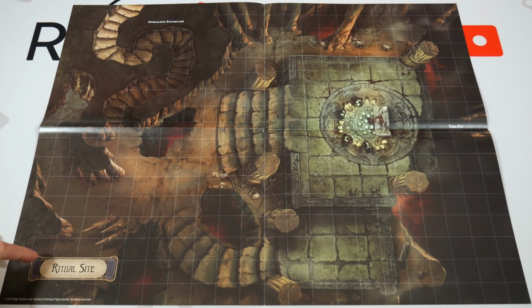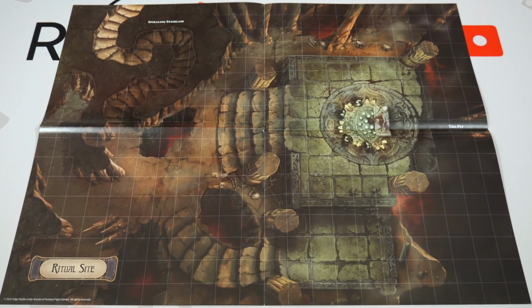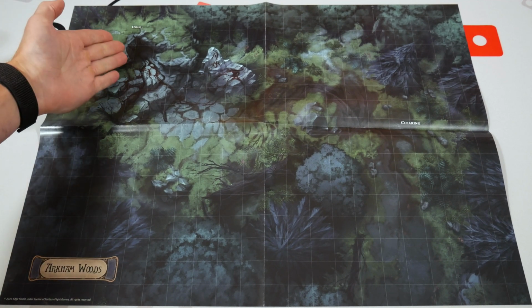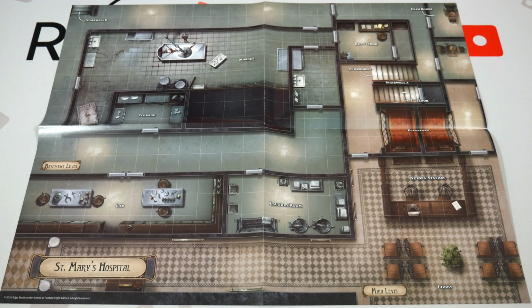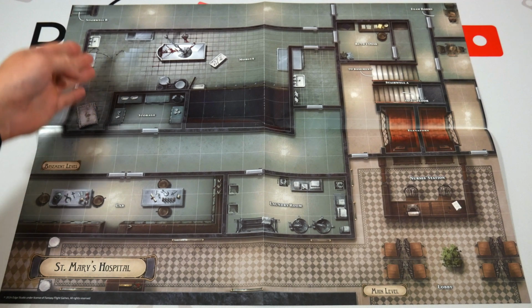On one side, we have the ritual site, has a spiraling staircase along here. We have the pit over here. On the opposite side, we have the Arkham Woods, and we have a hole over here to explore, as well as a clearing. The next double-sided map is the St. Mary's Hospital. We got the main level, the lobby, nurses station, laundry room, lab, basement level, storage, the stairwell B,